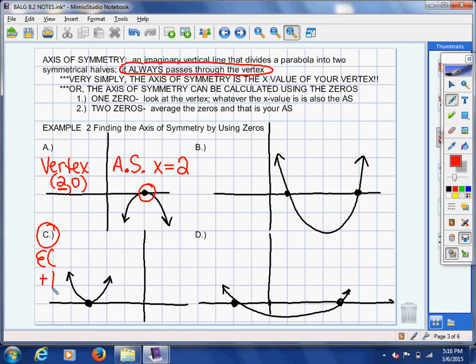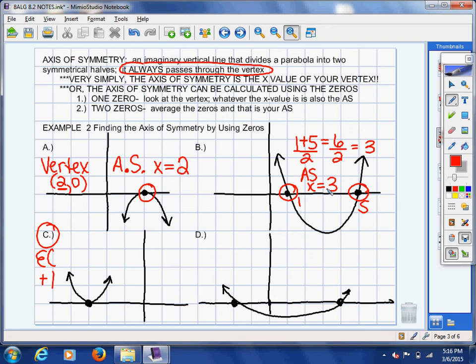So if you have 2 zeros like we have in letter B, and I'll circle them, there's our zeros. We have a 0 at 1 and a 0 at 5. Then what you can do is average your 2 zeros together, and that number is your axis of symmetry. If it doesn't seem really clear what my vertex is, then just add these two up. 1 plus 5 is 6, and then average those two numbers together, and you'll get 3. So your axis of symmetry is the imaginary line x equals 3, which is pretty close. If I had drawn my parabola a little bit more accurately, it probably would have gone right through that 3